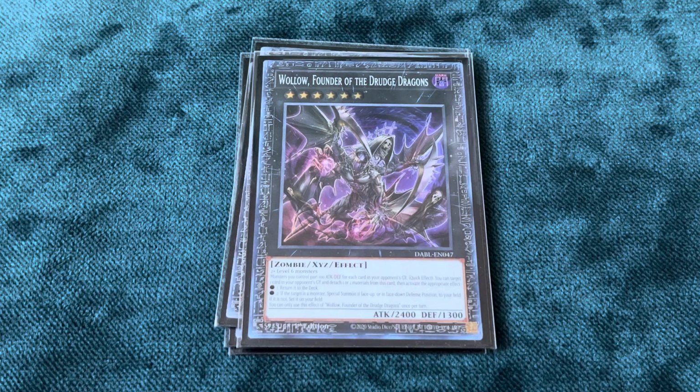And then in addition to that, it's also like a mini shuffler too, because you can detach one material from this card to shuffle a card from your opponent's graveyard back into their deck, or if your opponent has hand trapped you, right, you can detach 2 materials instead, and then you can take 1 card